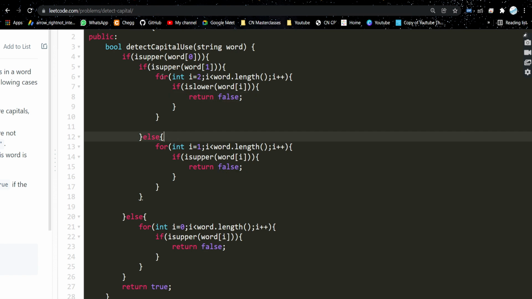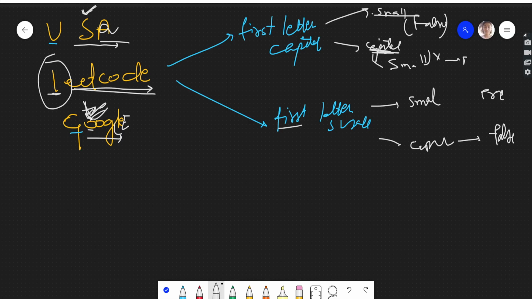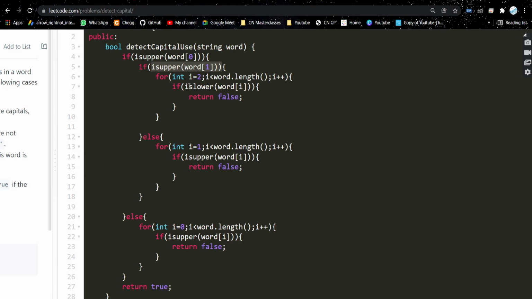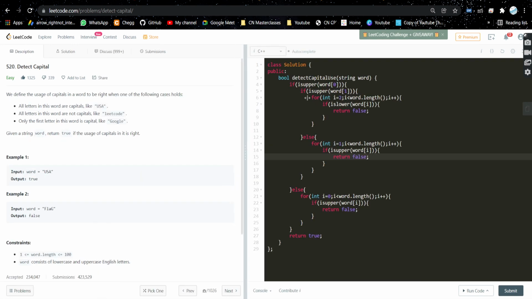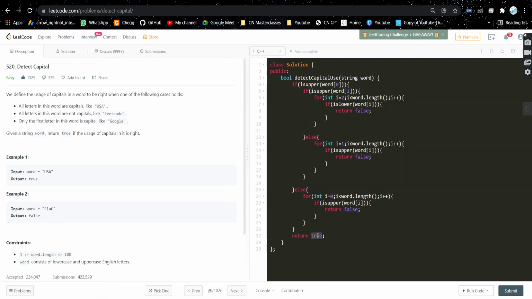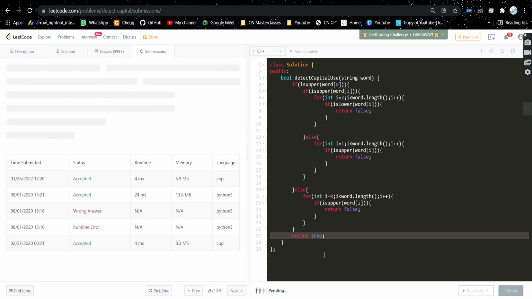Else, if the second letter is not capital, everything should be small afterwards. So if anything comes capital, just return false. So I hope you understood this problem. And if everything is done correctly, then at last return true. So if we submit this, it's getting accepted.